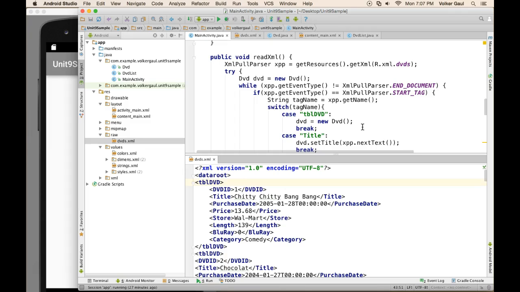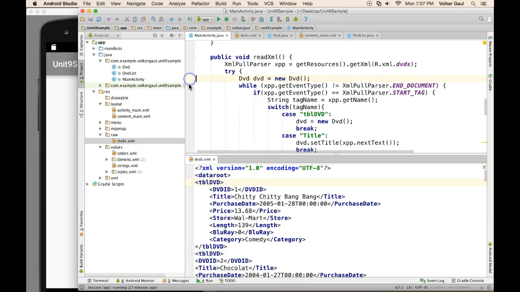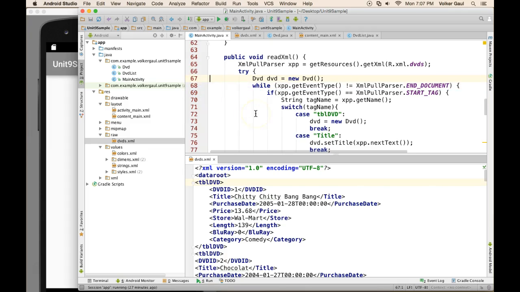So this gives me a pull parser that points to my XML file. That's what that line does. The line numbers are on here so that you can see those. I can refer to them as I talk here. Okay, so line 65 creates a pointer to my XML file. And then I create a pointer to a DVD